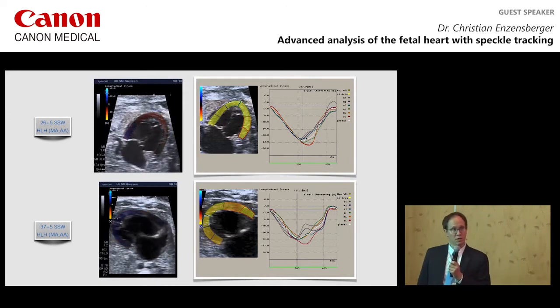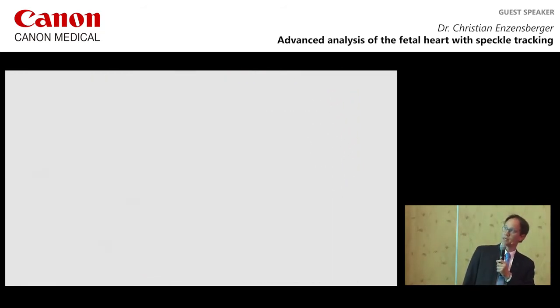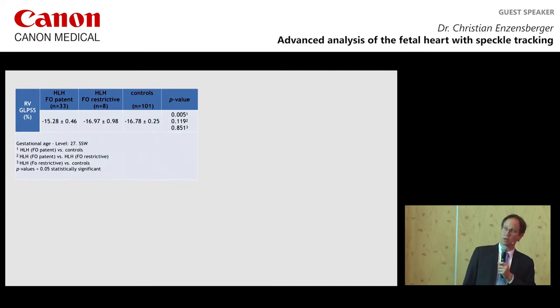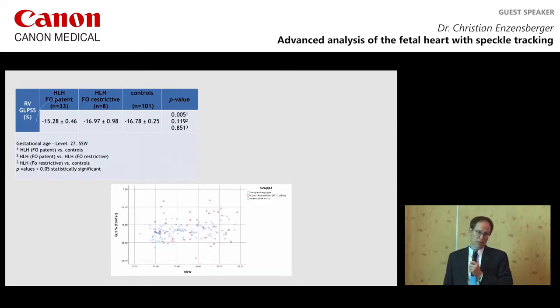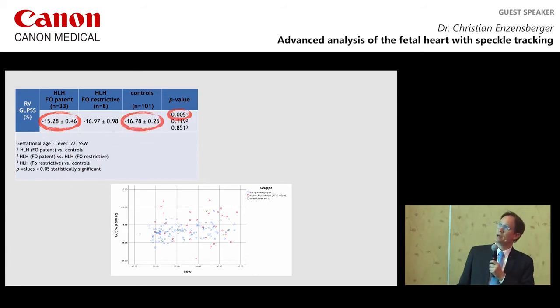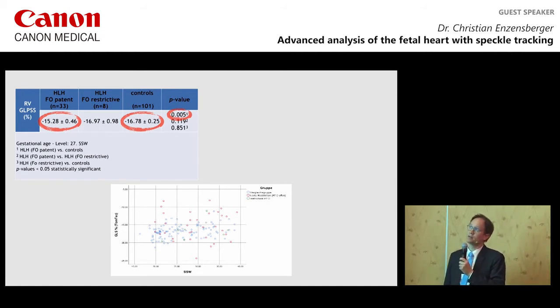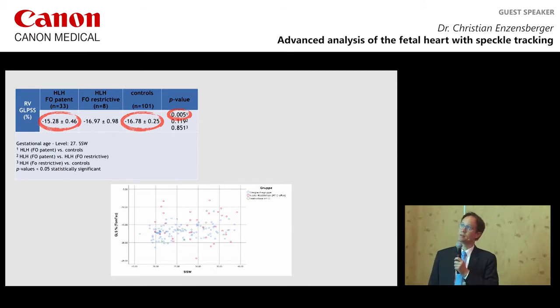First, it's quite interesting, and we performed a retrospective study with different kinds of subgroups of hypoplastic left heart. As you can see here, we have a hypoplastic left heart with an open foramen ovale, a group of foramen ovale restriction, and gestational age matched controls. And as you can see here, the group with a patent foramen ovale and the control group